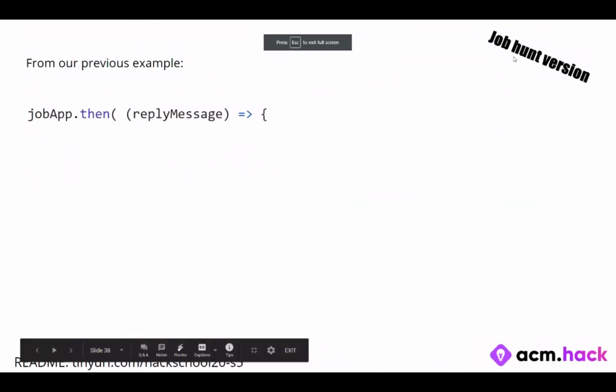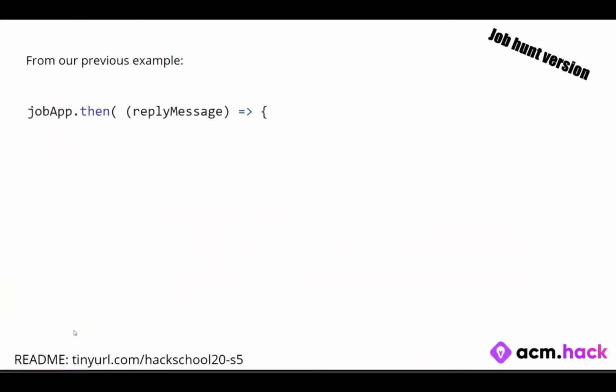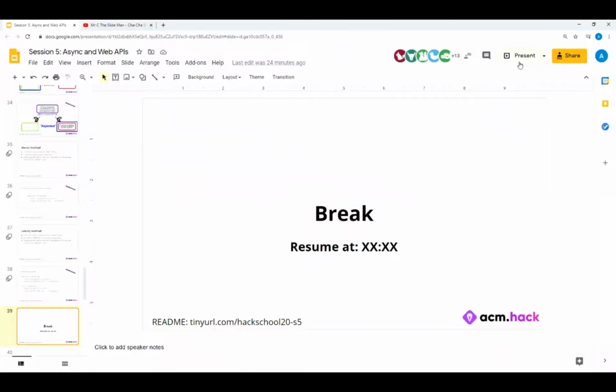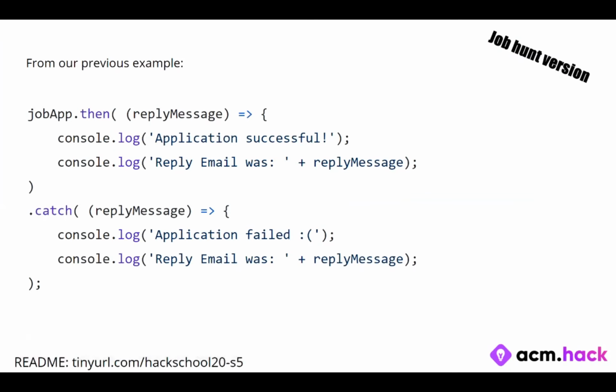So say that, let me go back here and then we can get the full code. So say that we have a promise. We create a promise, and inside this promise, let's